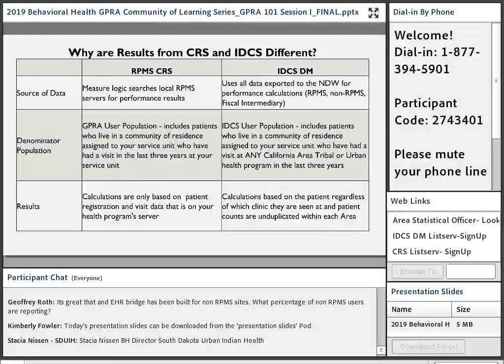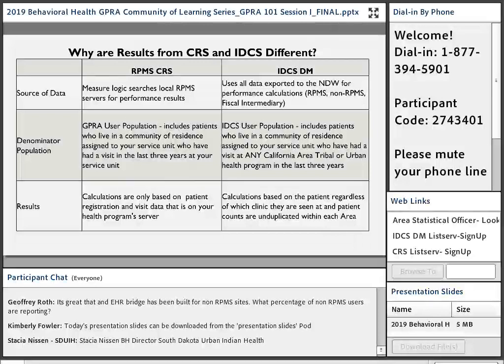And the main reason for that is when a site is running a local RPMS report in CRS, it's only including the data that's specifically in their RPMS system at their health program. Because you're not getting data from patients who live in your community of residence but are going to other health programs throughout your area, you're only going to be seeing those measure results for patients who are actually having visits